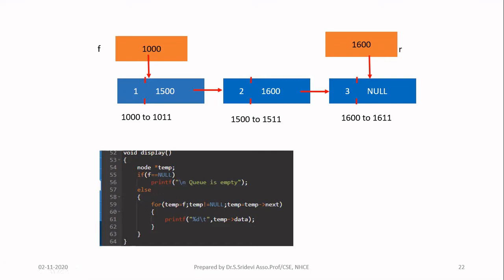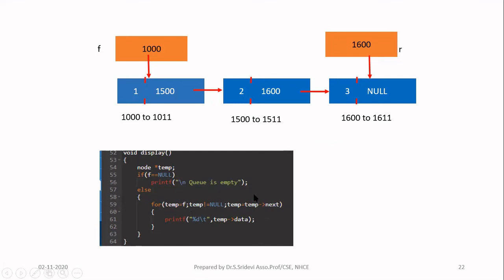So far we have seen while loop only for changing the pointers. Now let us see the for loop. You should be able to write in any loop. So in for loop, I am going to start with this node. Okay, so this node is now available at the address 1000. The 1000 is available in F. So I am writing temp is equal to F. Okay, I'm copying the value of front in temp. After that, what I will do, I will display temp arrow data that you do. After you finish this, you have to update the temp. Okay, so I am writing the third condition, that is updation as temp is equal to temp arrow next.